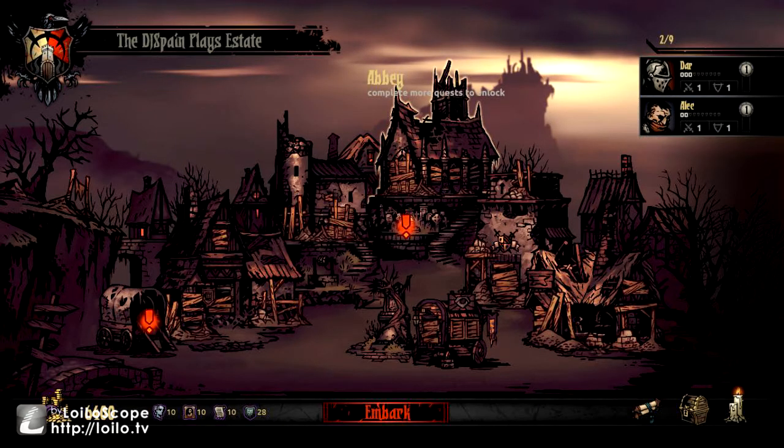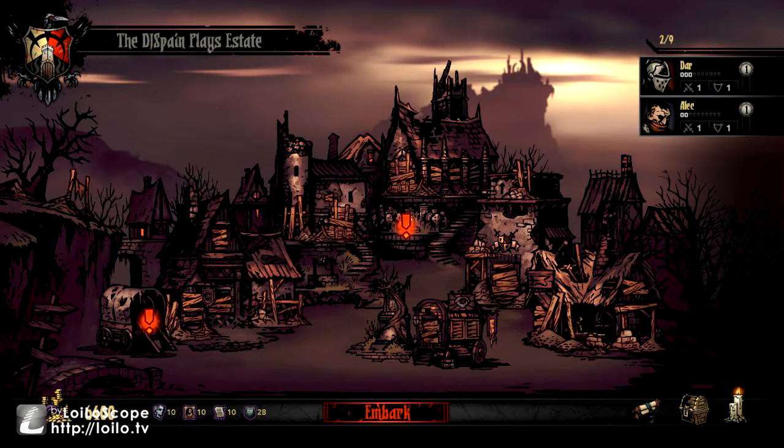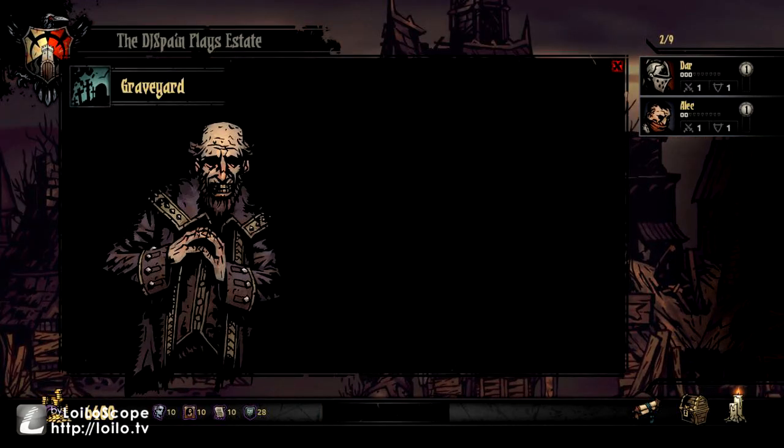So here's my town. Pretty beat up. That castle way in the background, that's actually the castle that we're trying to clear out of monsters and reclaim for ourselves. That's the story behind it. Let's go to the first thing we can do, graveyard. No one's died yet, but as your heroes die, you'll be able to kind of see a little...